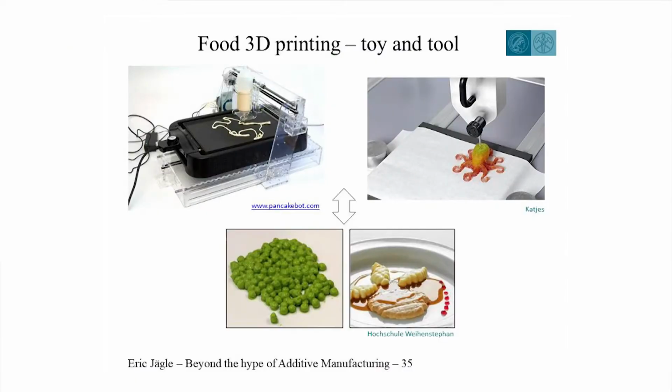Okay, now this is something that friends send me regularly on Facebook, and they say, hey, you work in additive manufacturing, right? Look, now you can also print your pancakes with additive manufacturing. It is true, you can buy these machines. I have no idea why you would want to spend 500 euro on such a machine to make a shaped pancake, but well, you can also make shaped gummy bears. You can buy chocolate 3D printers.